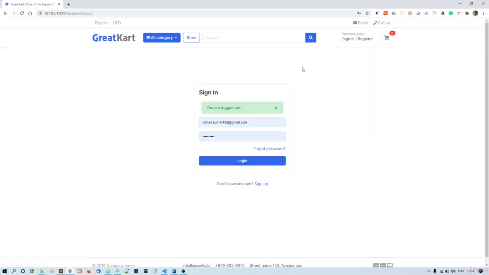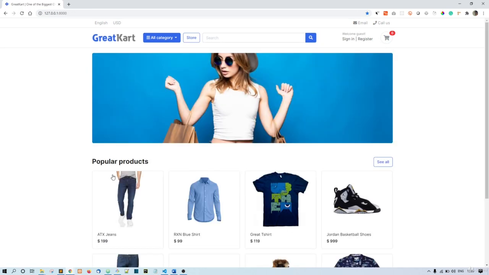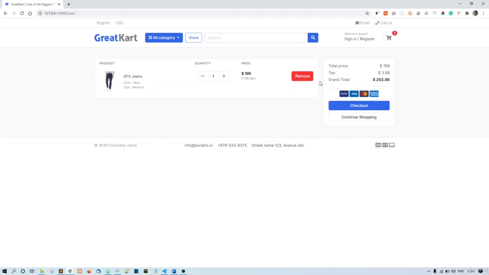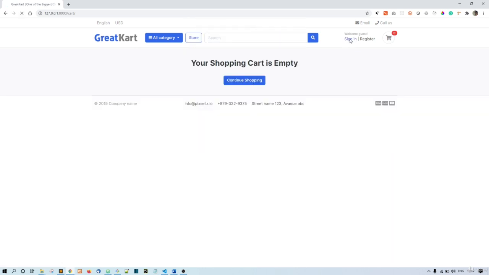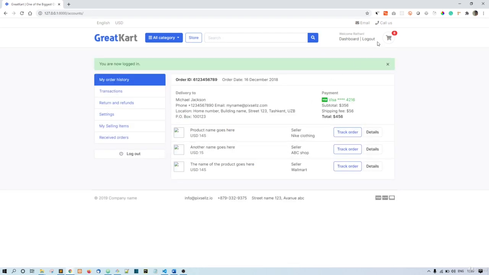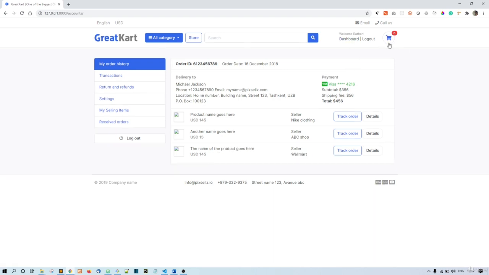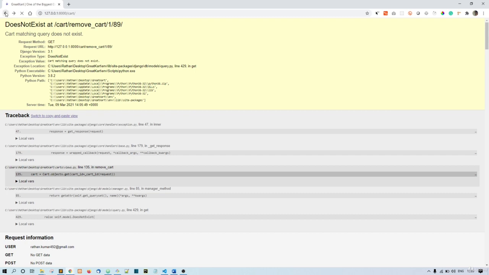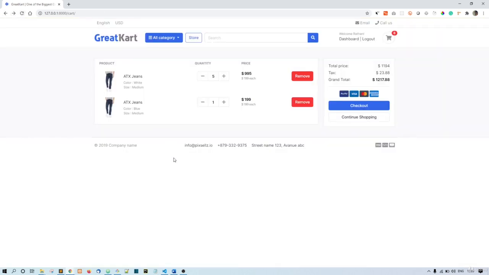If you're not a logged in user, then it is actually working. You can see minus and remove is also working. So make sure you are inside as a logged in user. And now let me go to this cart, and when I click on this minus button, this is not working. So first of all, let's go to this